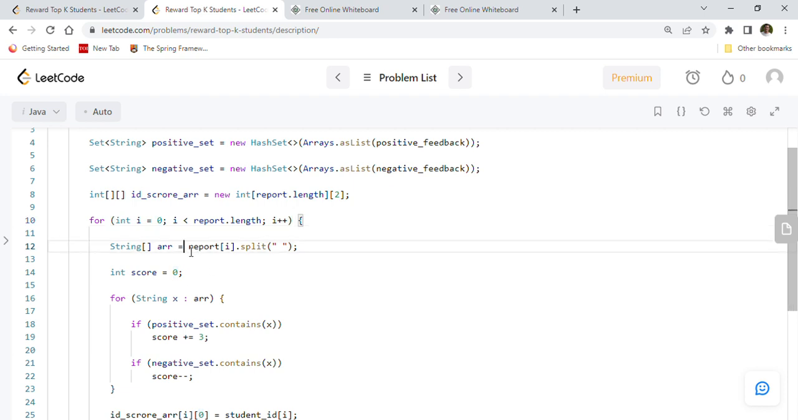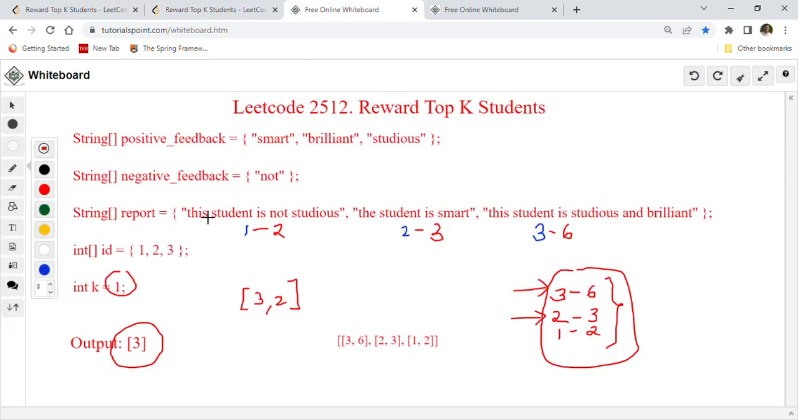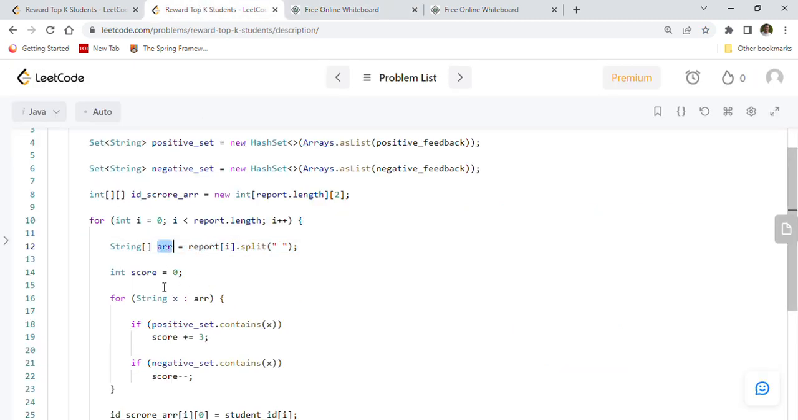We are going to read the report and split it based on the space, right? So that you will get all these words, basically, correct? So we want to get all these words, right? This, then student, then is, then not, then studious. So all these words will get, right? We are splitting it. Once we get all these words, we have to go through all these words and calculate